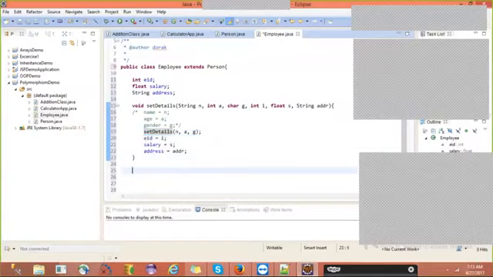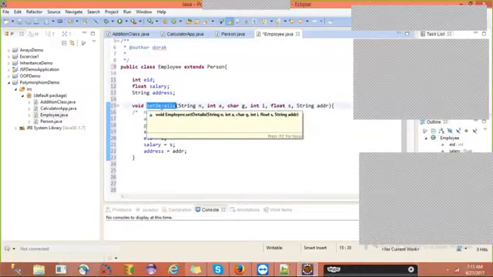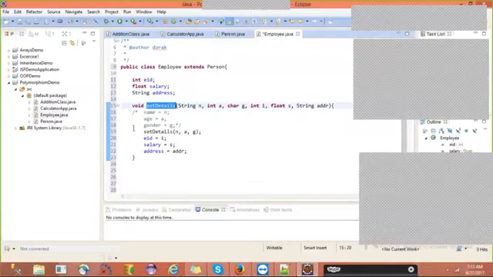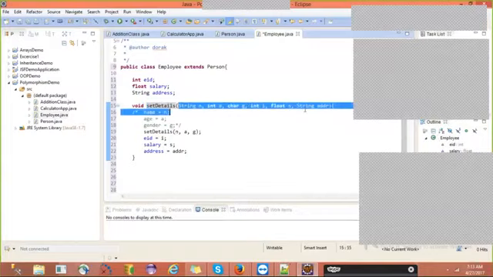So in a similar way, if you observe the superclass and subclass, this is the superclass set details method. This is the subclass set details method, right? Both methods have the same name or not? Yes. But how many parameters are there in the subclass definition?